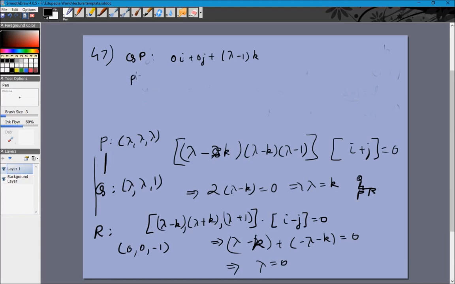And PR is lambda i cap plus lambda j cap plus lambda plus 1 times k cap. And these two are perpendicular, so the dot product of these is 0. So lambda into 0 plus lambda into 0 plus this is equal to 0. So lambda minus 1 into lambda plus 1 is equal to 0, which means lambda is equal to plus minus